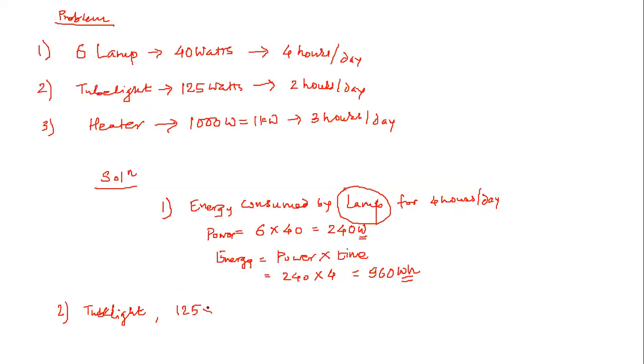So it is 125 watt into one tube light into, for how many hours? 2 hours, right? So it will be 250 watt hours. This is the energy consumption. Then third one is